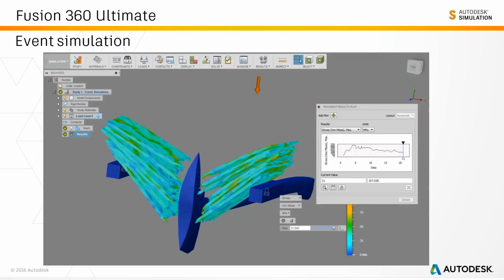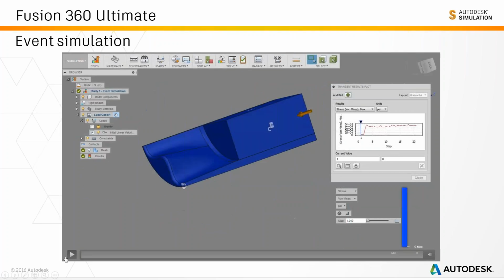And you get to see the transient result plots, which will show us the variation of the stresses on the involved components here. On a more serious note, there's a more real application where we can have, say, a die draw type manufacturing process